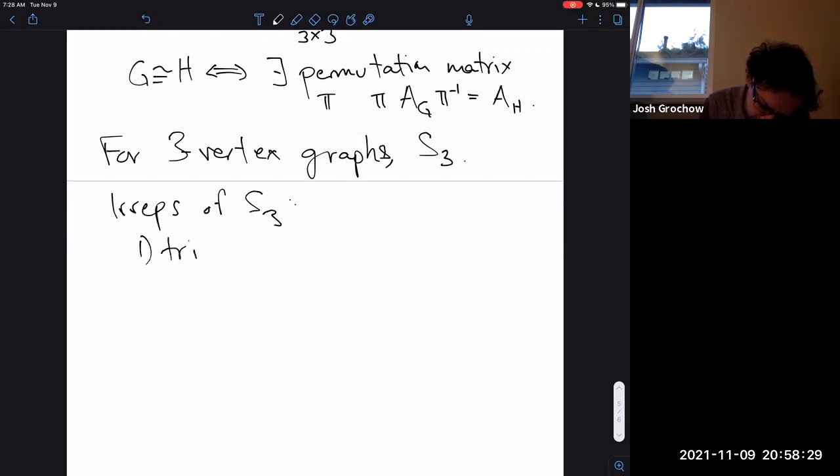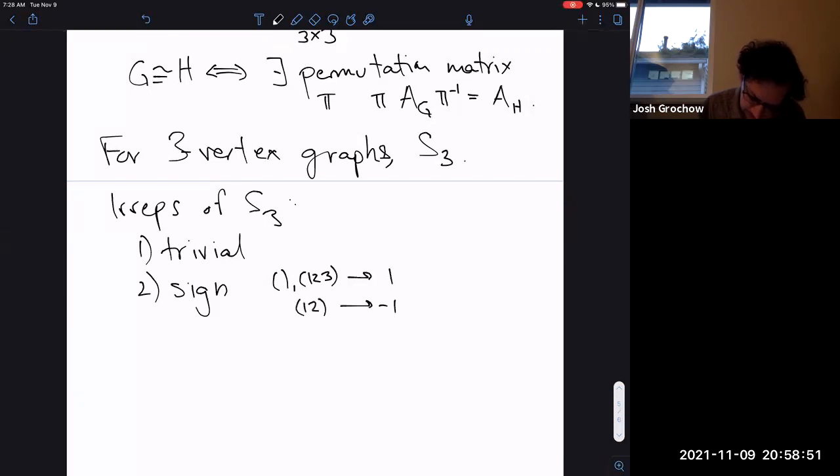Well, there's the trivial representation in which everything acts by the identity. There's the sign representation. So this is still a one-dimensional thing, but now transpositions act by -1. So this is the identity, and 3 cycles go to 1, and 2 cycles go to -1. And then